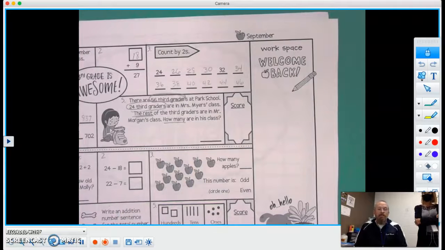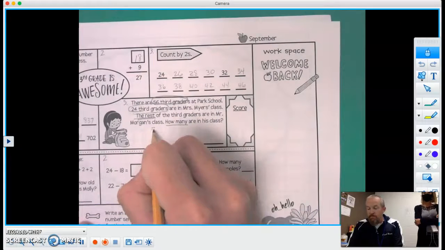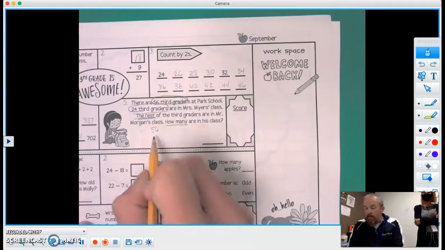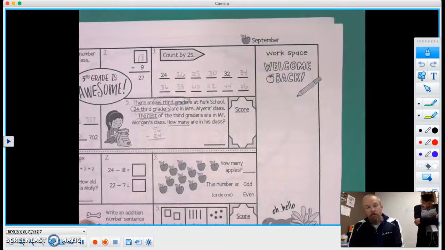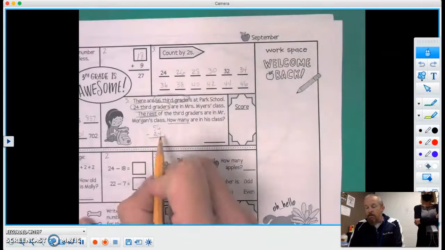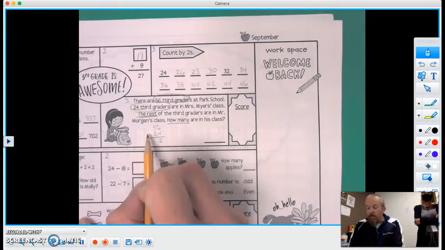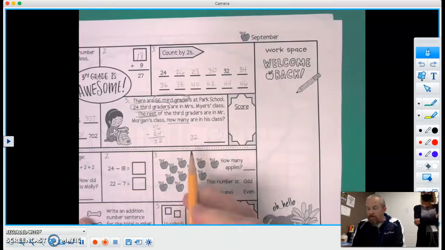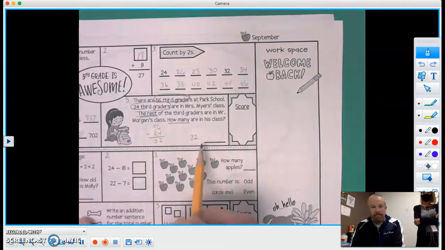So we had 56, and that's the total, right? If we take away how many are in Mrs. Mayer's class, that's going to leave us how many are in Mr. Monty's class. So 6 minus 4 is 2. 5 minus 2 is 3. Notice I started over here a little bit, right? Because it's not just 32, is it? Who caught that? 32